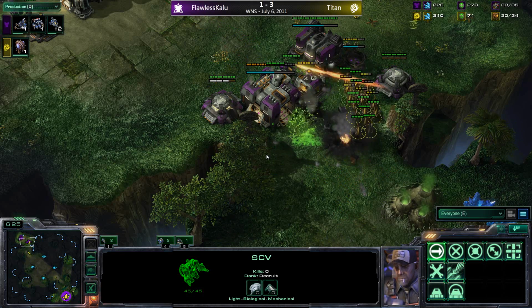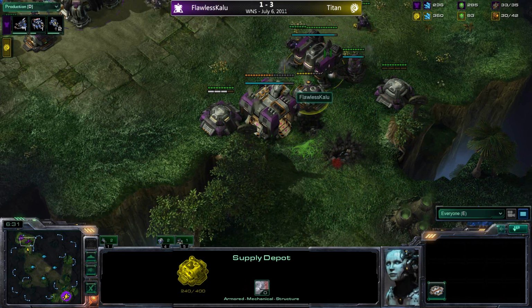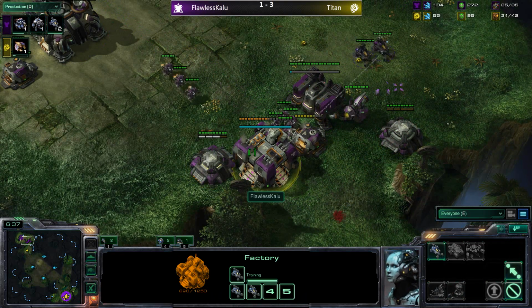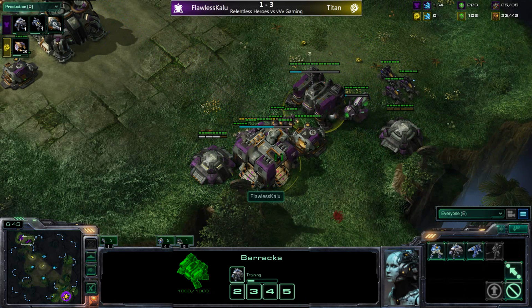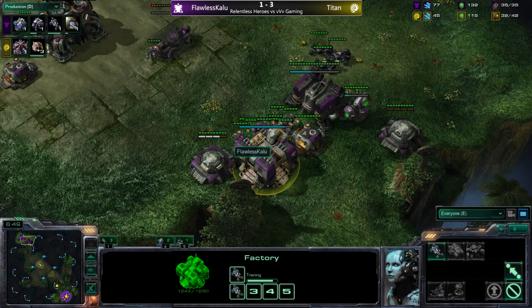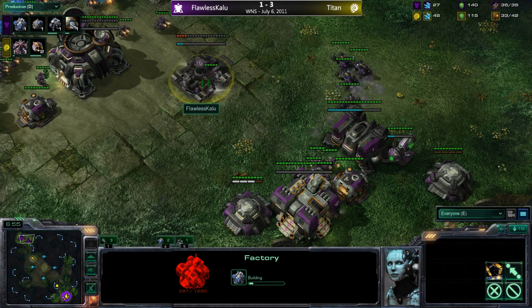Able to take down the few buildings there, but Flawless Kalu with a great wall off, getting up that tech lab just in time, and now Titan might have to get up a few more Banelings to try to take down the remaining buildings for Kalu, who is repairing these few supply depots. It looks like Titan is going to be going home and trying to macro up. Yeah, so Kalu responds by getting another factory instead, and normally I would say that would